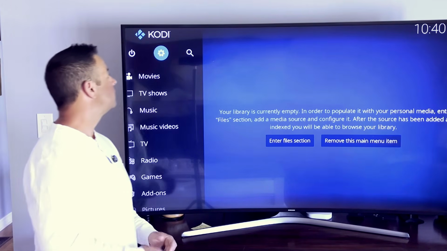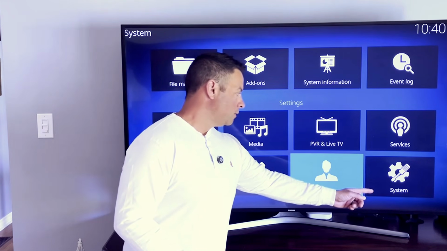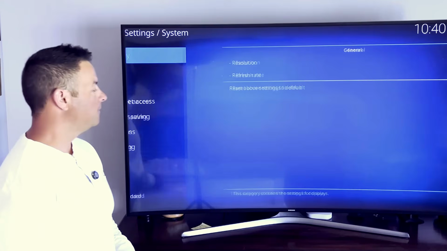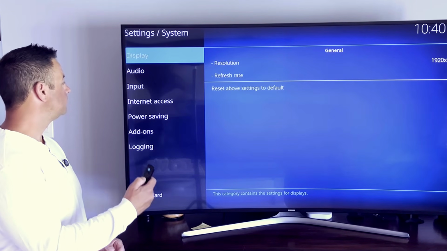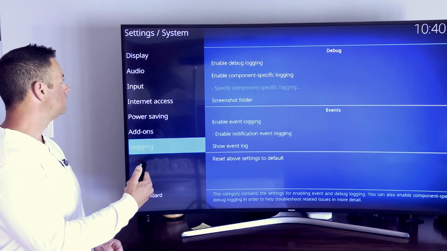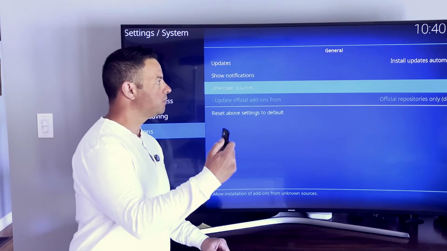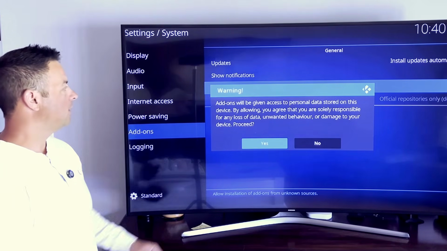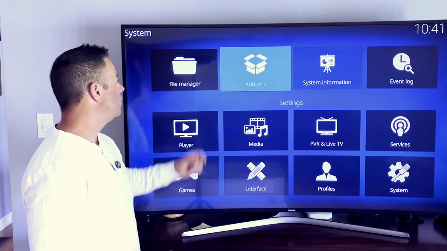Come up, hit the settings icon. Hit system, add-ons. Slide over, come down to unknown sources, turn that on and say yes. Back out, we're going to go to File Manager,